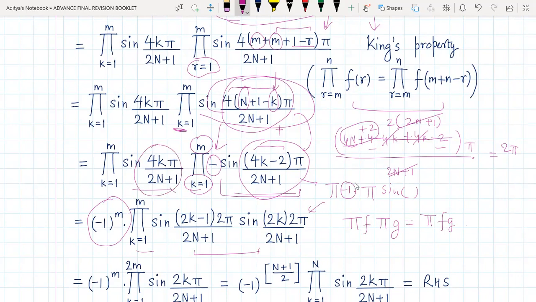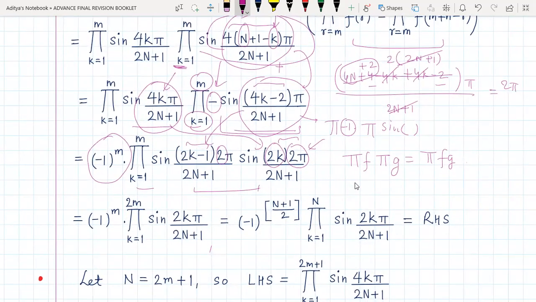Obviously, this term I have written as this thing, basically 2k into 2 pi is still 4k pi. So that's how I've written this, and upon 2n plus 1. And here also I've taken out 2 as common, and inside we are left with 2k minus 1. Now all that is left to do is to expand this product. So if you expand it, what will you get when you put k equals to 1? You will get sine 2 pi upon 2n plus 1 into sine, what are we getting? We are getting 4 pi upon 2n plus 1, right?